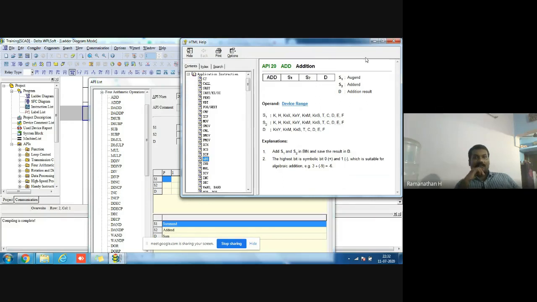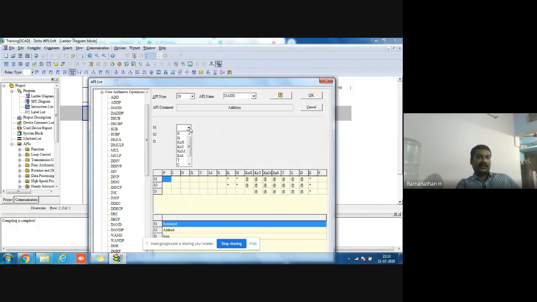For example, sometimes a 16 bit register has a range of 0 to 32767 only. Like 32 bit means 0 to 65536. Suppose you are adding 30,000 plus 6,000, that is 36,000. But 16 bit supports up to 32767 only. If it's more than that, we consider it as a word. Otherwise, it shows an arithmetic error. Okay, so those limitations are there.